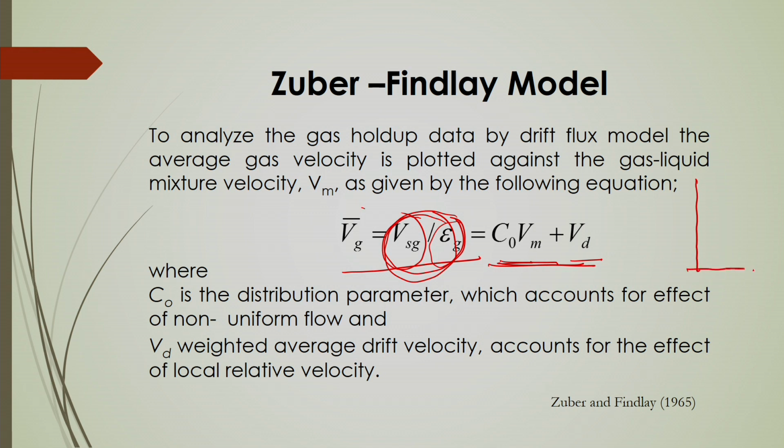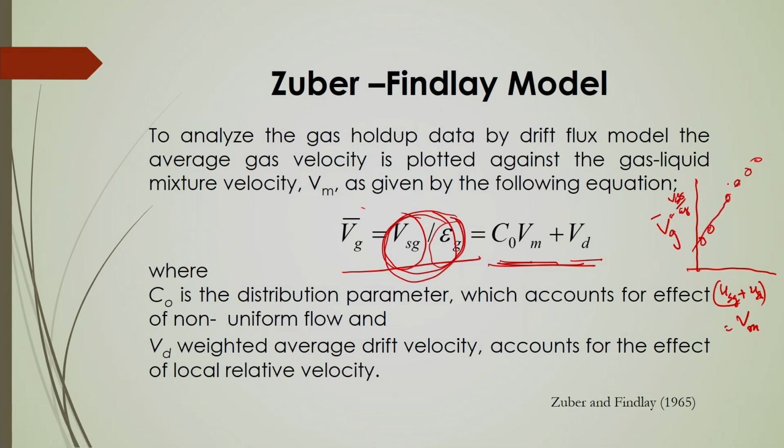So, once you know the superficial gas velocity, the liquid velocity and the gas hold up, you have to draw a graph based on your experimental data like this. Here USG plus USL, which is simply Vm, is on the x axis, and on the y axis you have Vg, that is your actual gas velocity, which is simply Vsg divided by epsilon g. Whenever you plot Vg versus Vm, you can expect this type of profile from your experimental data.